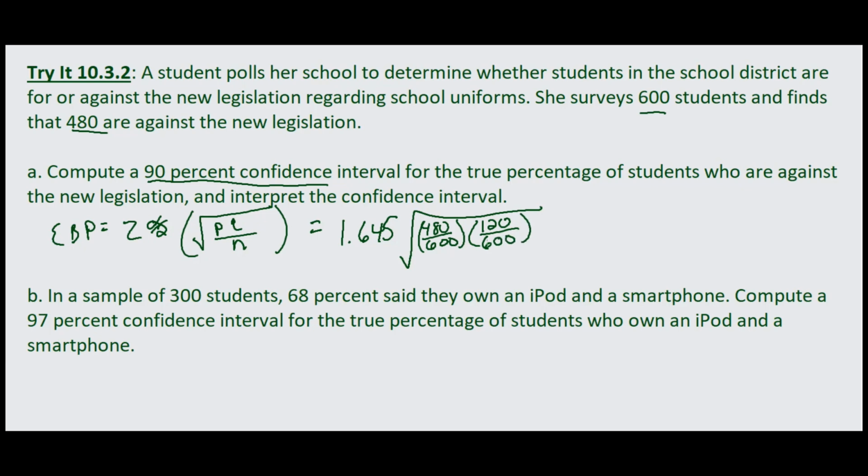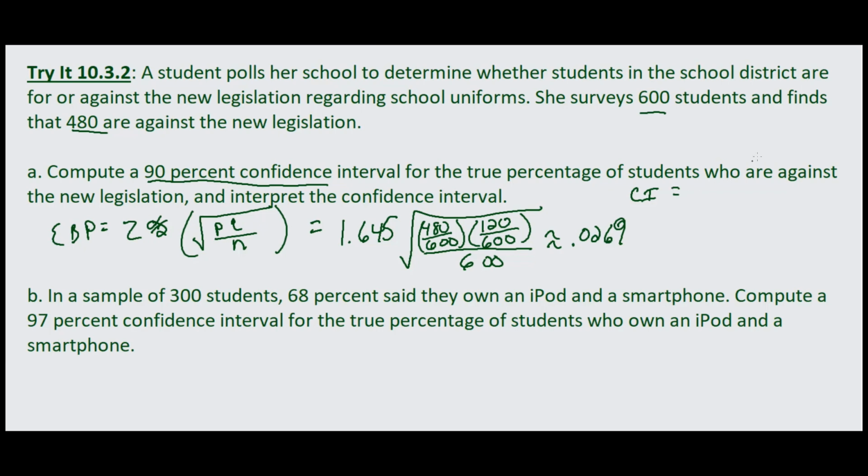So that's our Q. Our sample size we're given is 600. So that's approximately 0.0269,